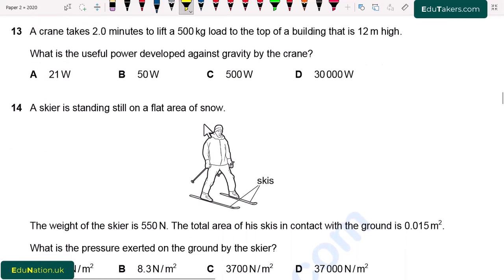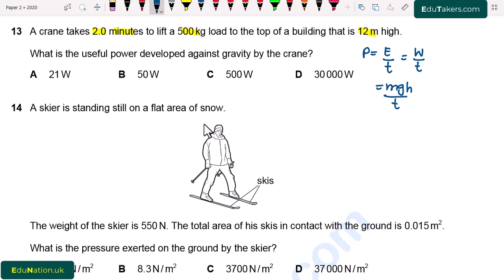Question number 13. A crane takes 2.0 minutes to lift a 500 kilogram load to the top of a building that is 12 meter high. So here mass of the load, time taken and height are given. What is the useful power developed against gravity by the crane? So here we have to find out the value of power. Power is equal to energy over time, and it is basically equal to work over time. So energy is mgh